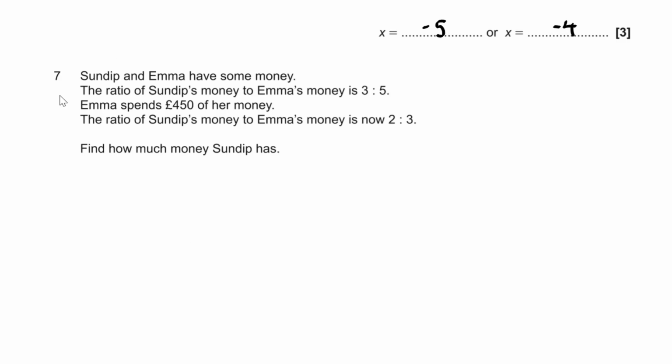Question number 7. Sundip and Emma have some money. The ratio of Sundip's money to Emma's money is 3 to 5. Emma spends £450 of her money. The ratio of Sundip's money to Emma's money is now 2 to 3. We have to find out how much money Sundip has. Well, what we will do to begin with is